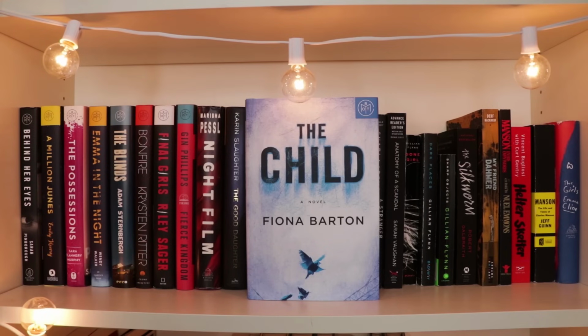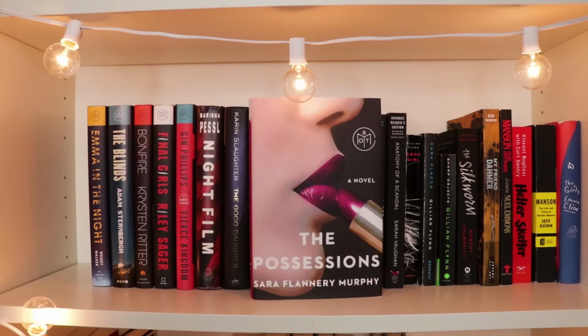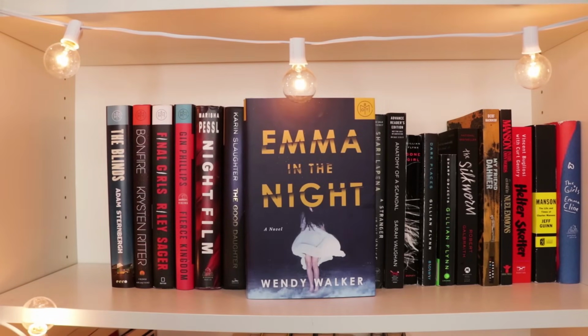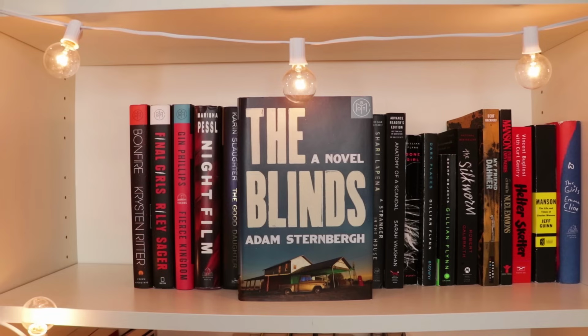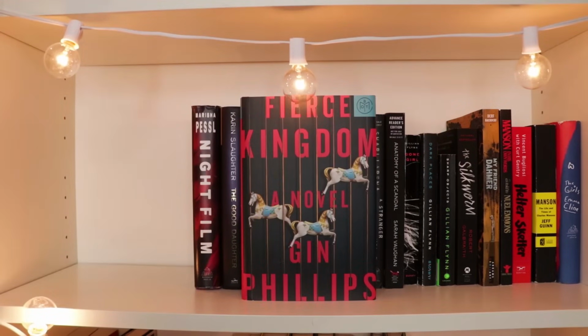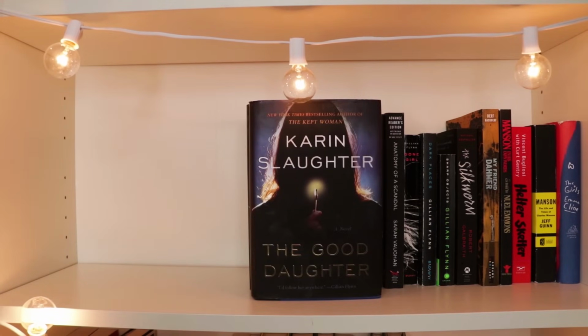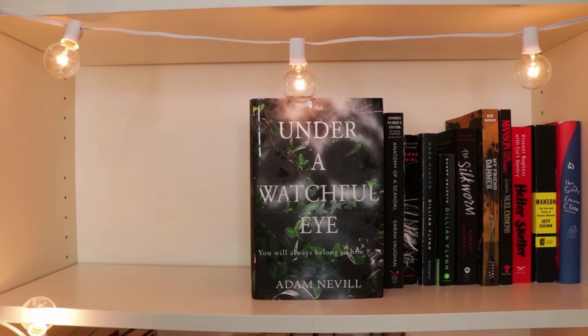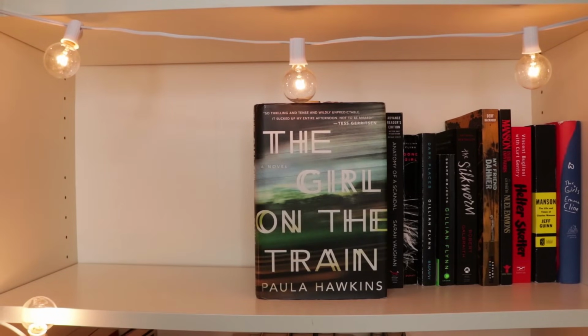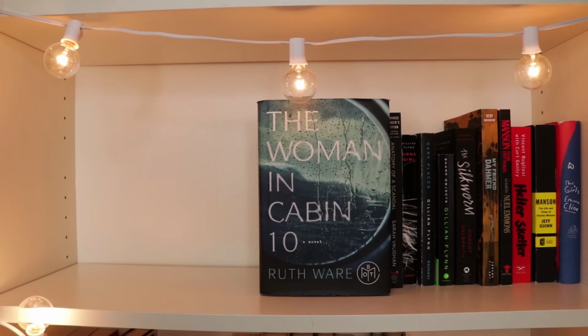The Child by Fiona Barton, Behind Her Eyes by Sarah Pinsborough, The Possessions by Sarah Flannery Murphy, Emma in the Night by Wendy Walker, The Blinds by Adam Sternberg, Bonfire by Kristen Ritter, Final Girls by Riley Sager, Fierce Kingdom by Jen Phillips, Night Film by Marisha Pessl, The Good Daughter by Karin Slaughter, Under a Watchful Eye by Adam Nevill, The Girl on the Train by Paula Hawkins, Into the Water by Paula Hawkins,